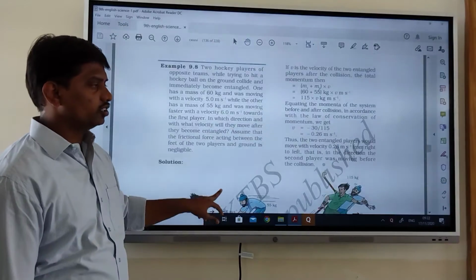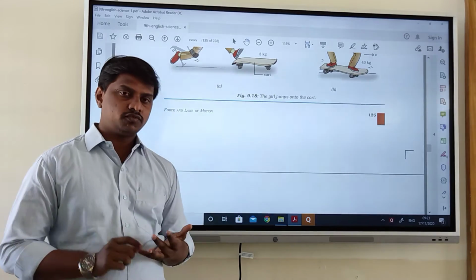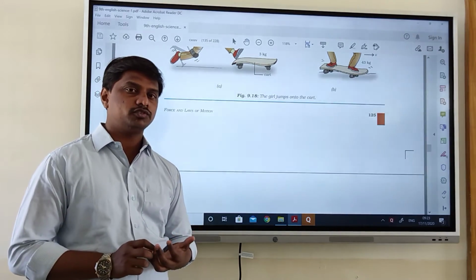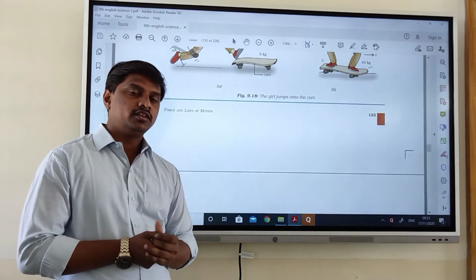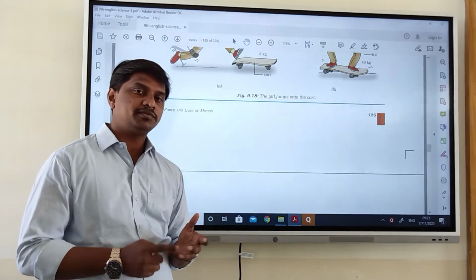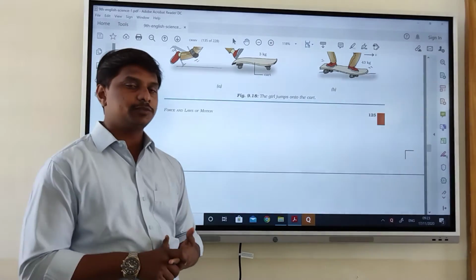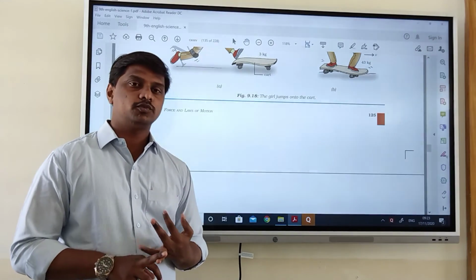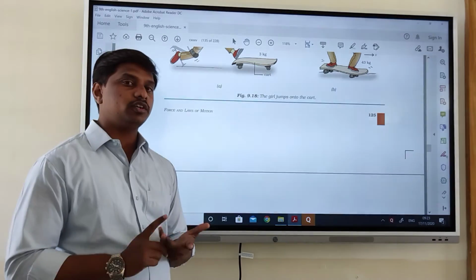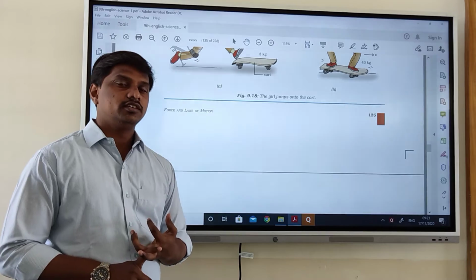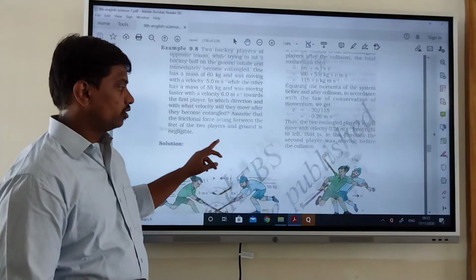So if you have any doubts in this chapter, mainly we have to concentrate on balanced force and unbalanced force. They can ask a one mark question. And what happens when force is applied on an object? The object will change its shape and size. It may come into motion or it may come to the rest position. First law of motion, second law of motion, third law of motion, and the examples for the first, second and third laws of motion. So what is inertia? This much is the important concept in this chapter. Go through this chapter. They have given the highlights also.